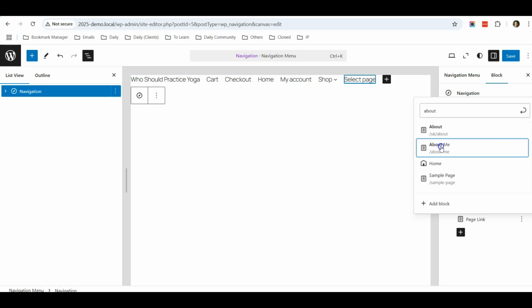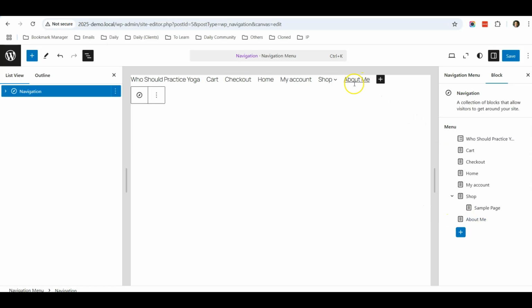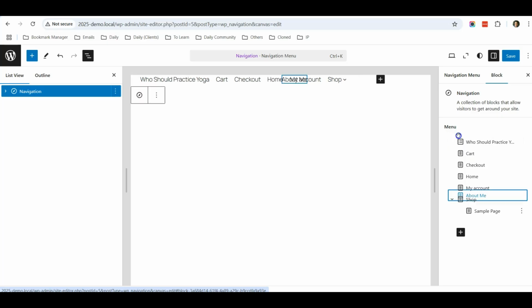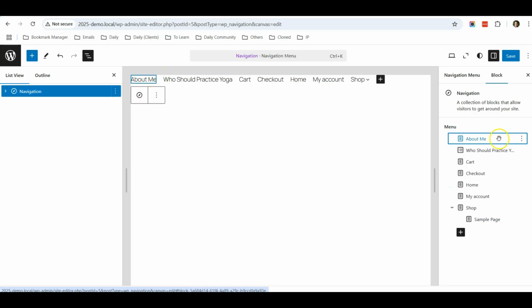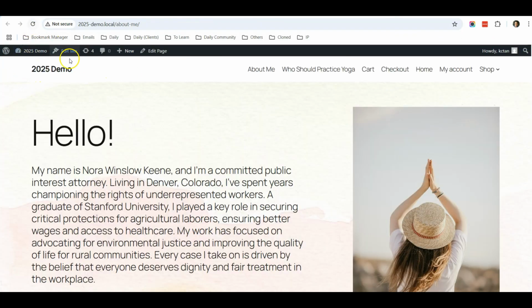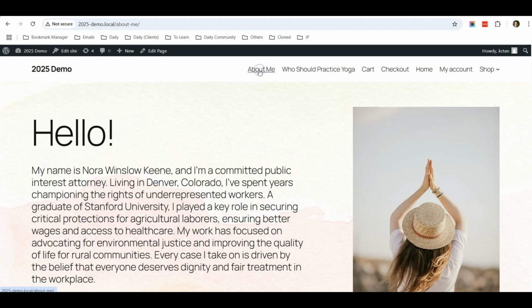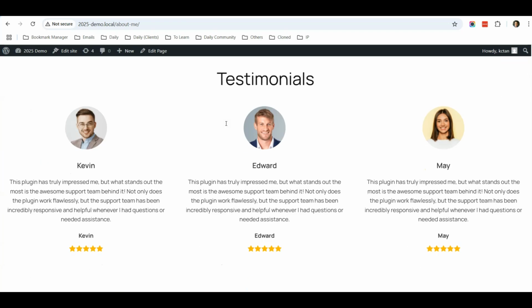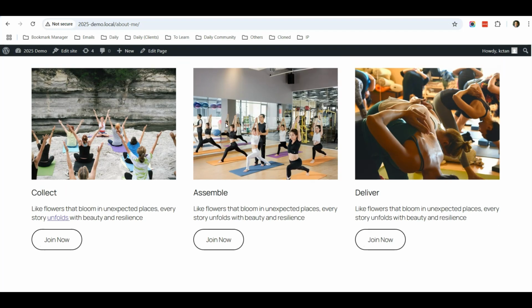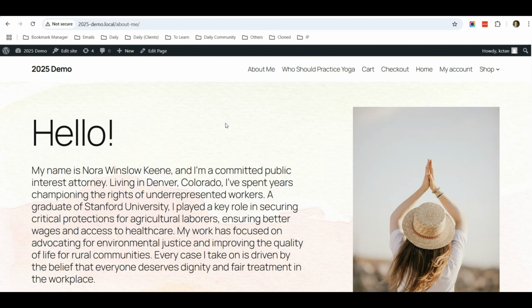So just now the page that we created is about me, so it is about me. So you will notice that it appears at the end of the row. So I will want to make sure that it appears the first thing in front. So I will shift it up here. So I click save. Now go back to my about me page and do a refresh. You can see that this is the about me. So when people come to the home page and click on about me page, they will see this new page that I newly created. Okay, so hopefully this tutorial will help you in creating another page in your website using